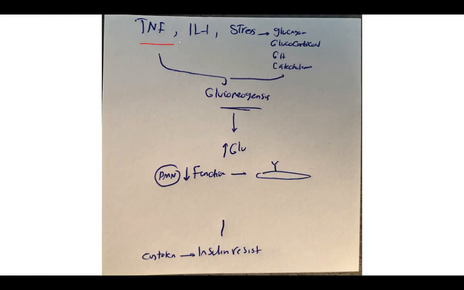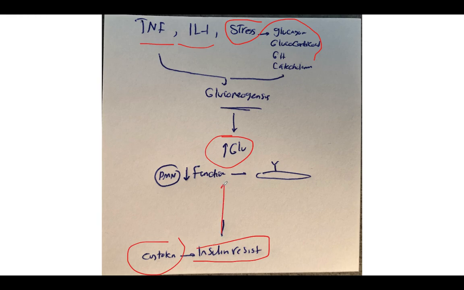Lastly, you have tumor necrosis factor and interleukin-1, and because you are in stress, all these mediators will be secreted, and this will promote gluconeogenesis. There will be too much glucose. At the same time, the cytokines will affect the tissue and lead to insulin resistance, and thus will lead to what? High glucose. High glucose, unfortunately, will make the polymorphonuclear neutrophils dysfunctional, leading to less function. And the endothelial cells are trying to recruit the PMNs to the site of inflammation, and in this case they will increase the adhesion molecules and increase the procoagulant state just to compensate, and this will lead to